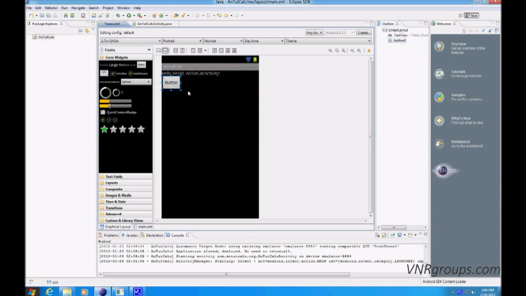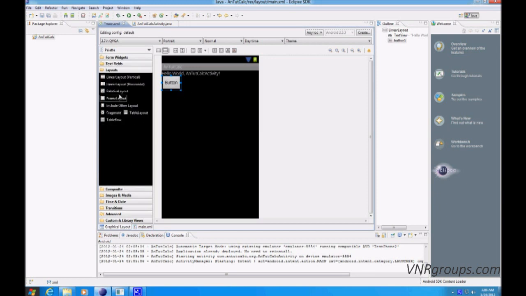Now one thing you should know is that this is kind of like HTML. If you have worked with HTML, you would know that everything goes in line. If you put pictures, they're not going to appear sideways, or you can't place them anywhere you like. You have to design proper fields and divs for that. What divs do, somewhat similar function is done with the linear layouts, and these are some of the layouts that